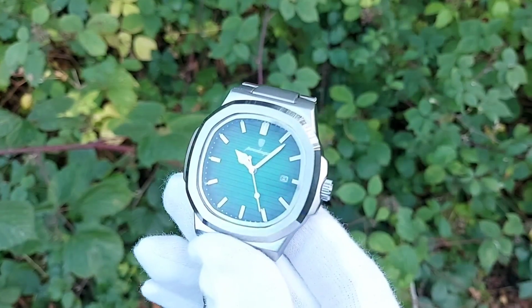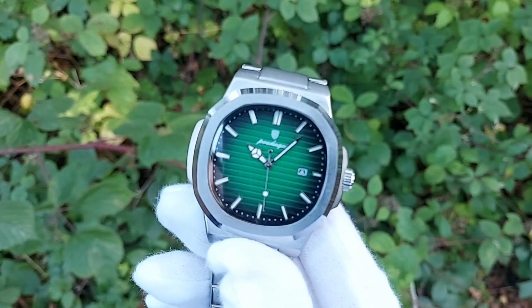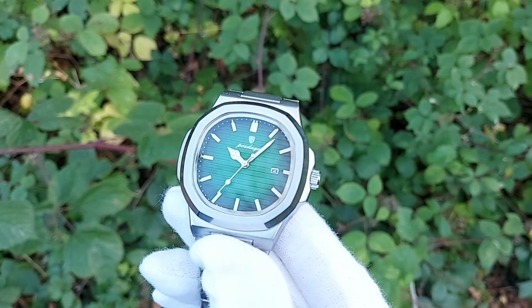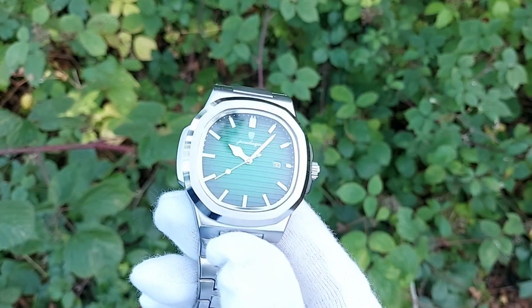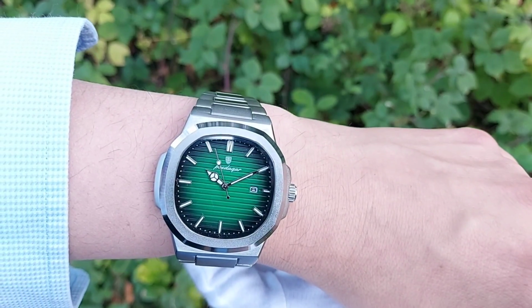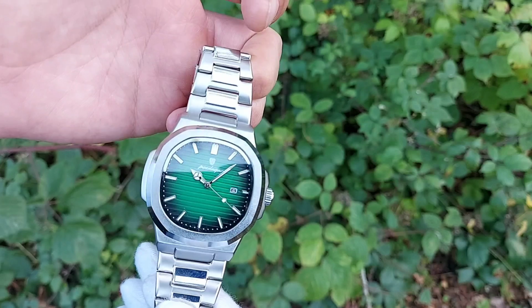As you look down at the watch, you will instantly notice the multifaceted case design. As a result of the surface angles and the polishing of the case, the light play is very impressive. The case sides and lugs have a sandblast effect. The brushing could be finer, but at this price point, not a problem whatsoever. The bezel gets two types of polishing. On the bevel leading up to the crystal, we have a high gloss finish, yet the steel surrounding the glass